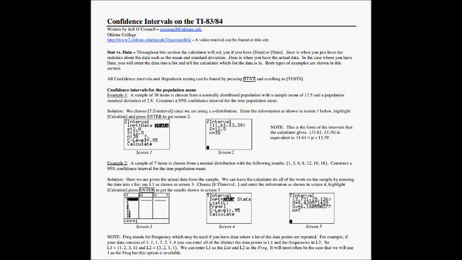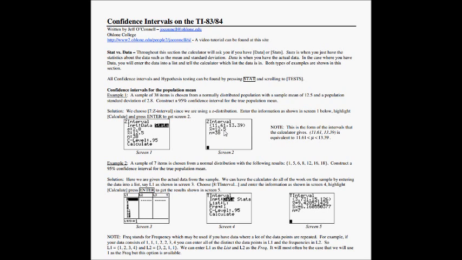Well, if you want a confidence level of how good that 12.5 is, you have to know how many samples. In this case, you had 38 samples. You need to know a standard deviation of that 12.5. In this case, it's 2.8. So when you type that in and 95% confidence, it actually spits out what's called a Z interval. And what that means is, with 95% confidence, your mean is somewhere between 11.61 and 13.39.